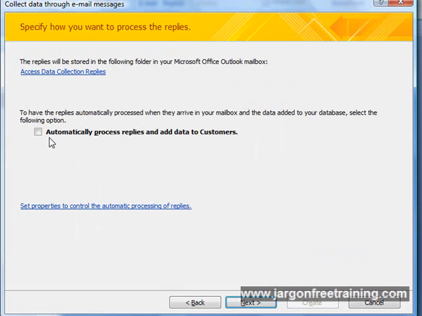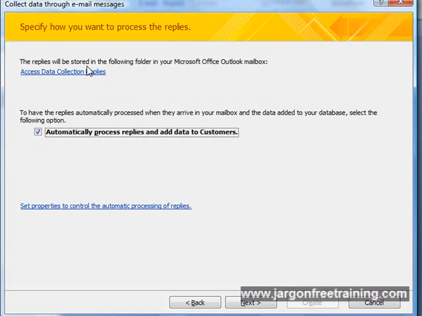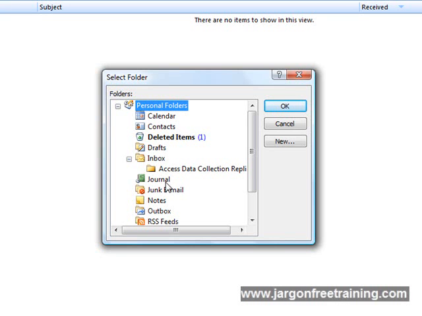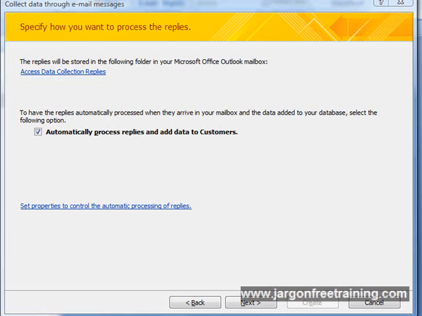Now you want to make sure this box is checked, because Outlook will automatically process the replies and add them to our table in Access. And now click Next. Before we do that though, we want to make sure that Outlook is actually going to add the messages to a particular folder in Outlook, and that folder is going to be this one here called Access Data Collection Replies. So just make sure that that's actually the one selected, and come back here, click Next,